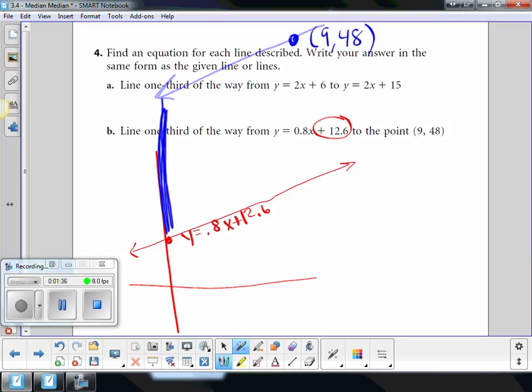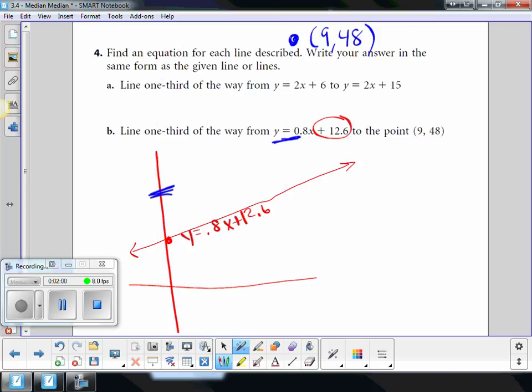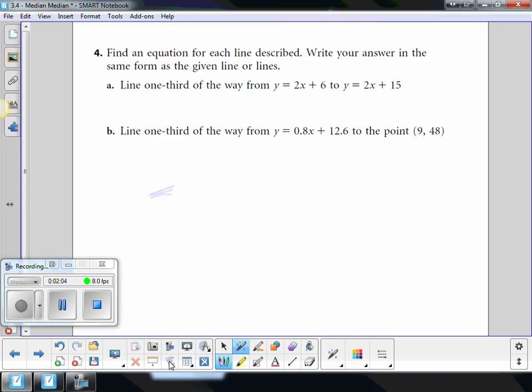Think about this. If you made a line going this way, this way, this way, and this way, you now have a shape called a parallelogram. So these lines would be parallel, and these lines would be parallel. So whatever a third of the way is here will be a third of the way there as well. Okay. So I'm actually going to clear the screen and go ahead and figure out,